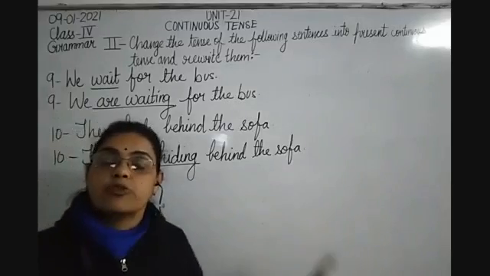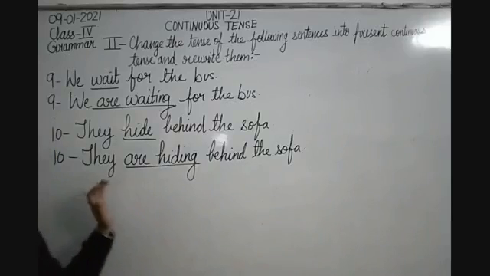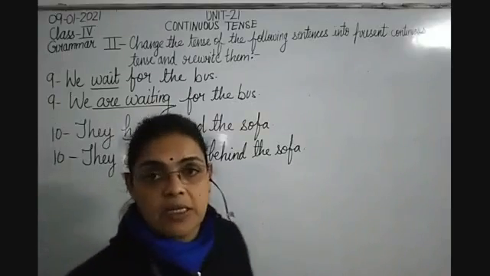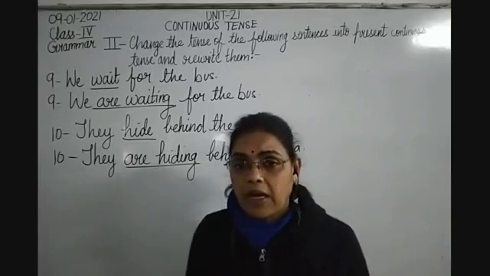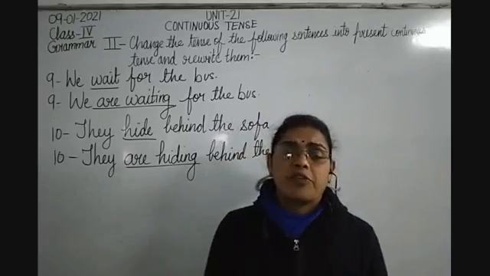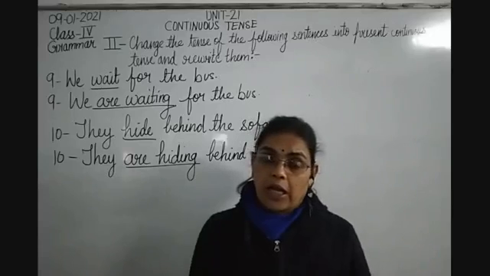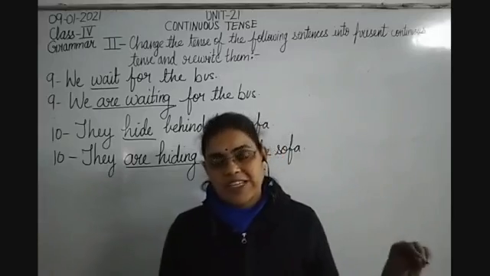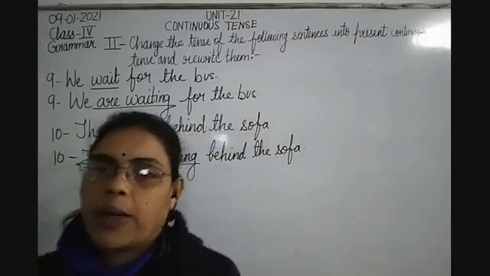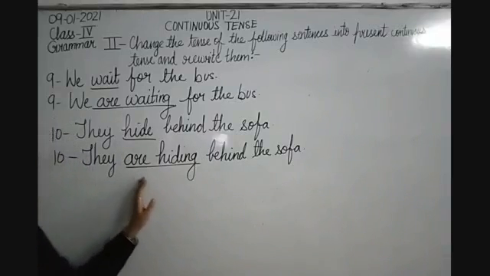The second exercise was based on present continuous tense, children, and I am sure all of you must have completed this. इसमें आपको बेटा बस helping verb याद रखना है कि helping verb आपके subject के हिसाब से आप is, am, are plus the ing form of the verb use करोगे. Continues means कि verb का ing form आपको लगाना है, और जो आपका helping verb है is, am, are वो आपके subject के हिसाब से change होगा. Fine. So I am sure all of you have completed, children. So now I am going to erase this and